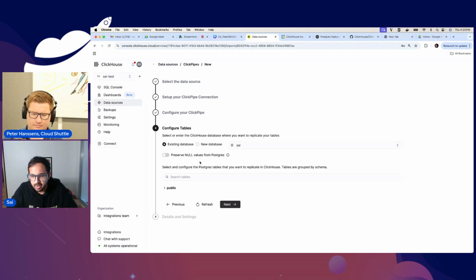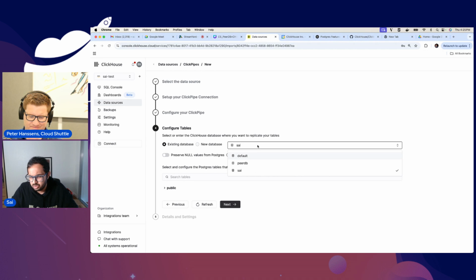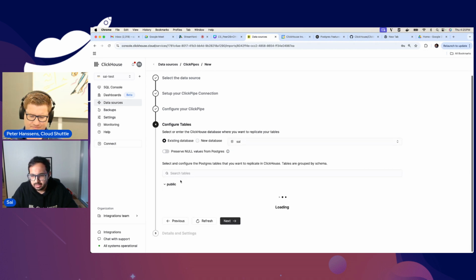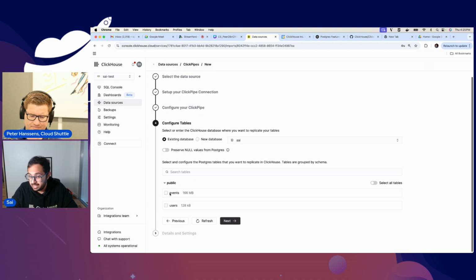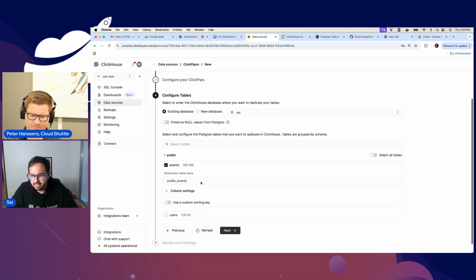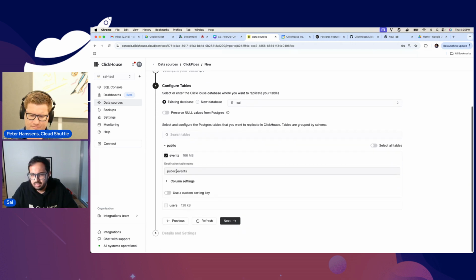So this is the fun part. You can specify which database you want to put on ClickHouse. I'm using the SI database. I'll open this up, and this should show you the events table, which I was talking about. I also have the users table, but I'll table this for the second part of the demo. Let's go ahead and specify the events table. I'll call this